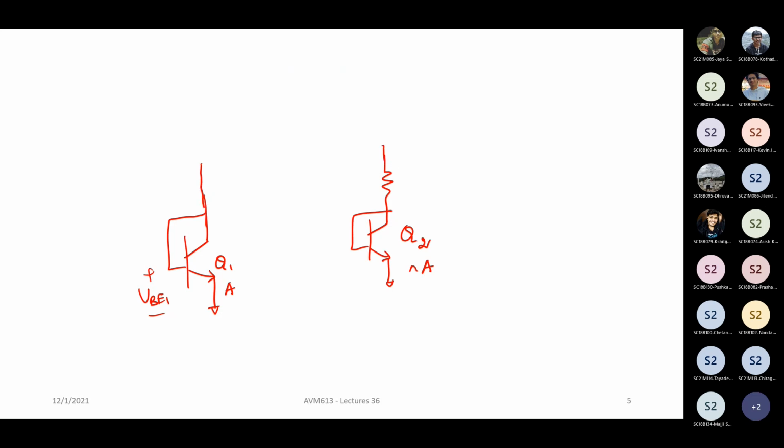Now, what is our need here? We need to make this X and this Y the same, right? Now, how do we do it typically? When we want to make something the same, what do we do?